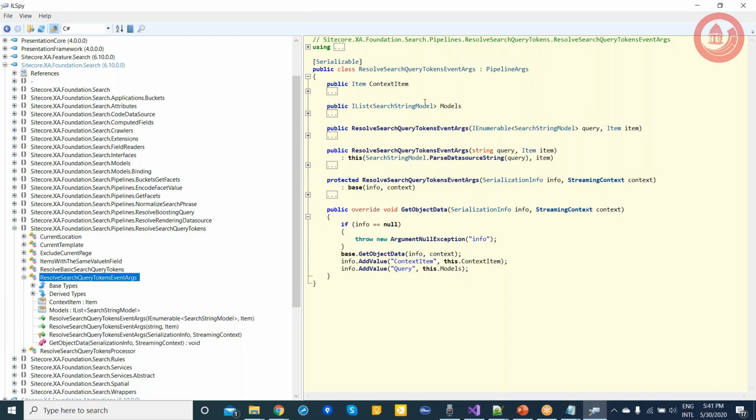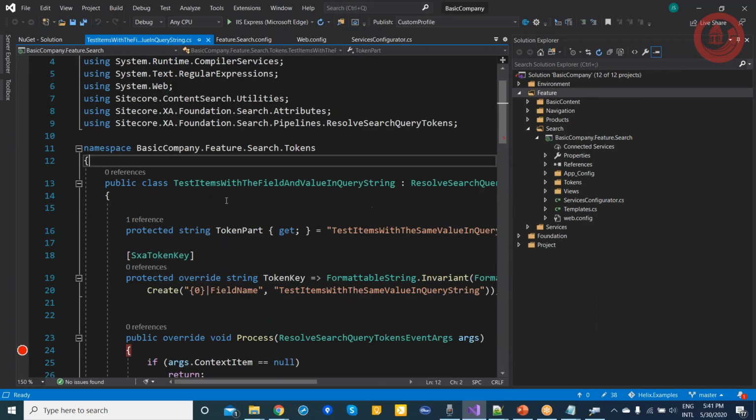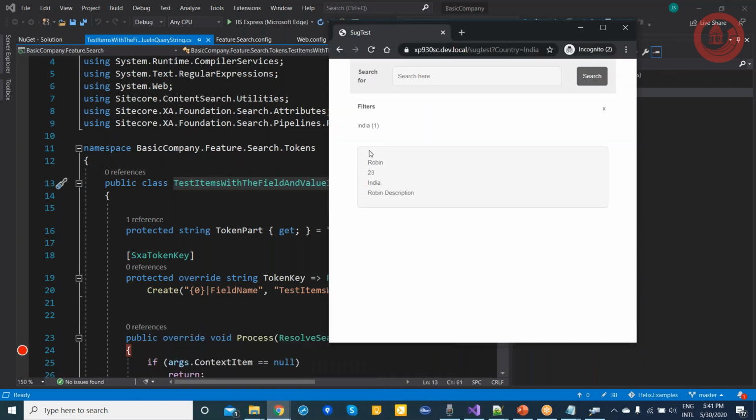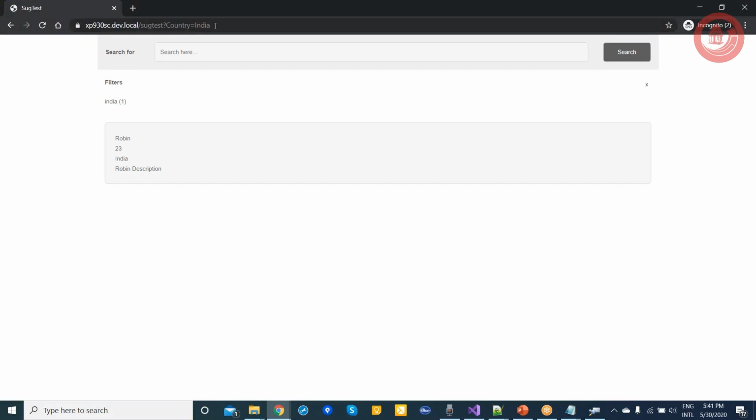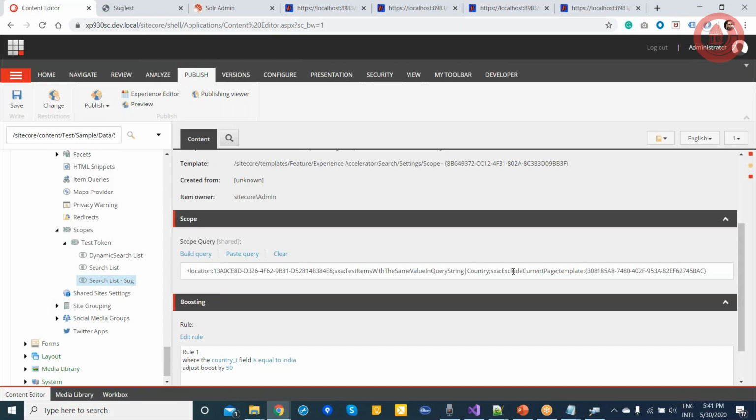Okay, so the same thing, I just created one custom resolver here, which you can see is a test item with the field and value query string. If I'm getting any query string here with field and value, and if the name exists here, then I should do the query.